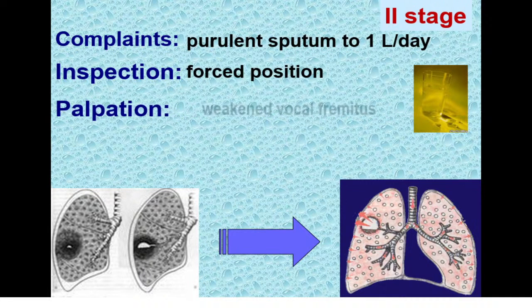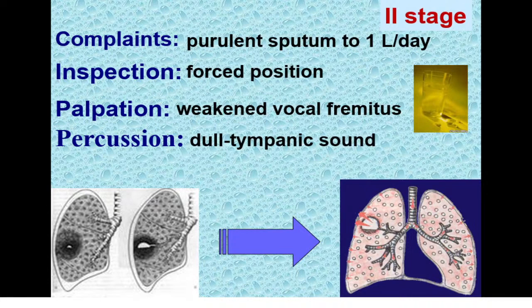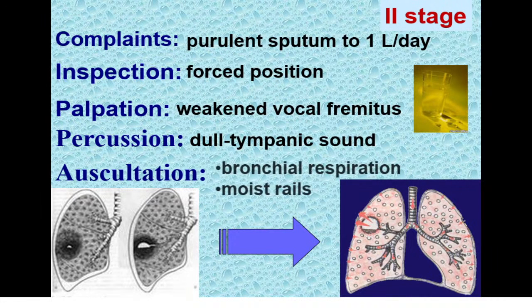On palpation there will be weakened vocal fremitus. Percussion reveals dull tympanic sound because of the combination of liquid and air, and it will be more intensive the more empty the cavity becomes. On auscultation there will be bronchial breathing with moist rales because